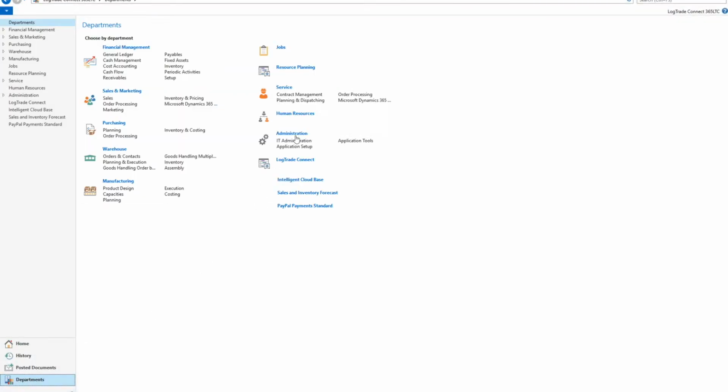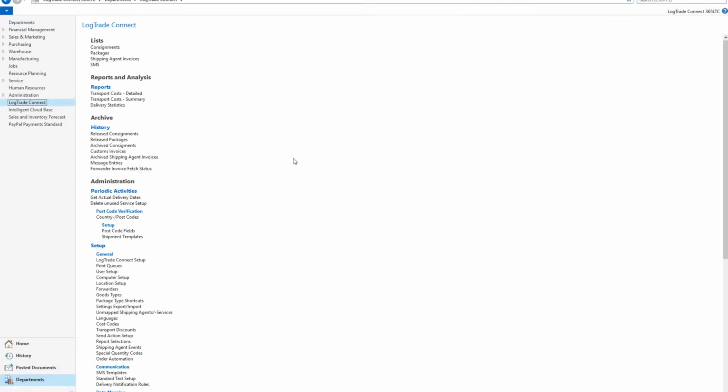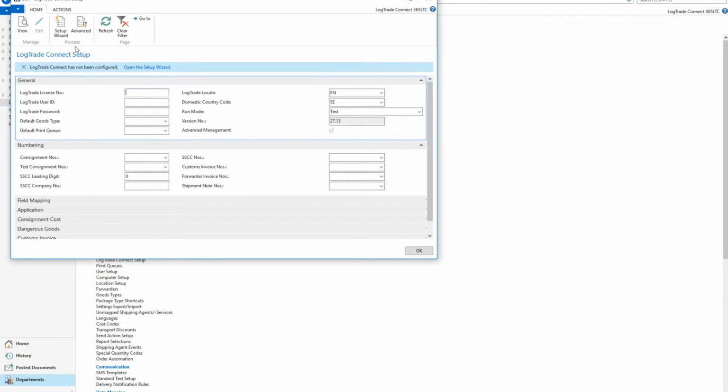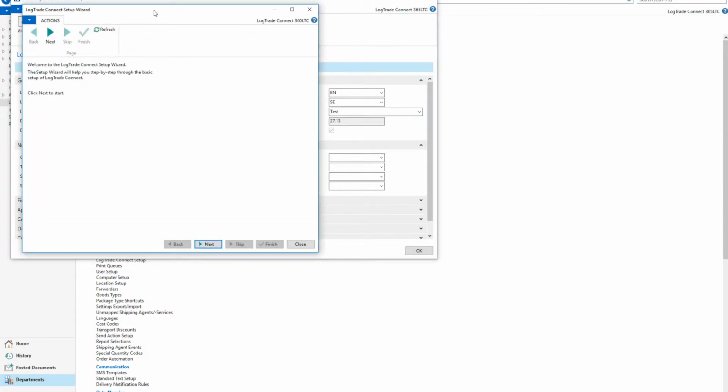This clip will take you through the setup wizard in LogTrade Connect for Microsoft Dynamics NAV. Start the wizard by opening LogTrade Connect Setup in the department LogTrade Connect. Start the wizard by clicking the Setup Wizard button or open the Setup Wizard in the notification banner in the